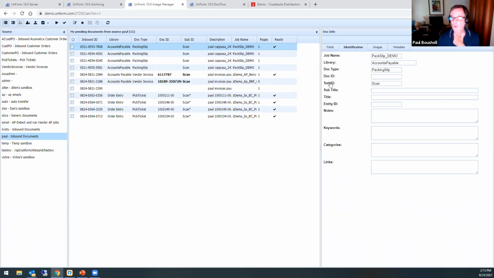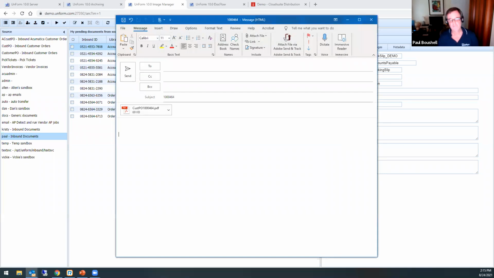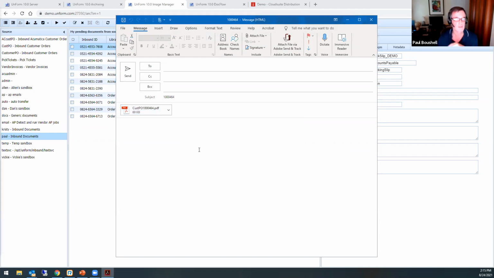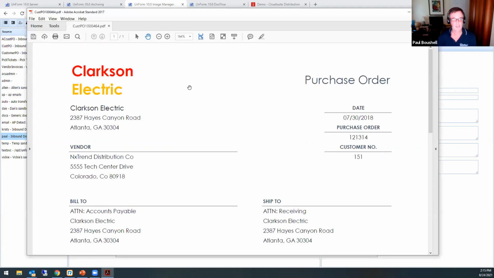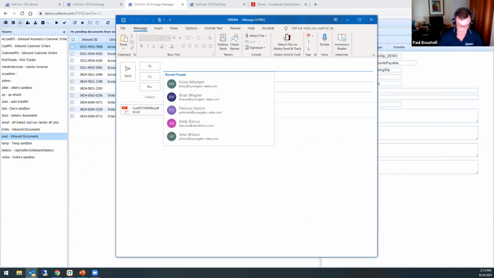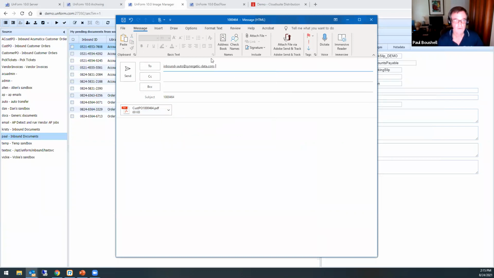One more quick thing here is we also have the ability to pull information from the subject line of an email. So in this example, this is a cool way to get your customers' purchase orders into the archive. If you've got customers emailing you POs, you open the PO up, key it in, and then you enter the sales order number as the subject line, and then I'm simply going to forward it to one of those inbound email addresses that we're monitoring.